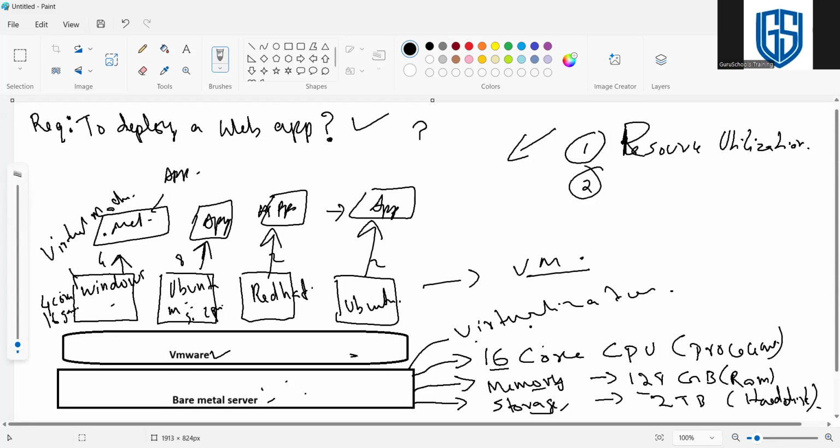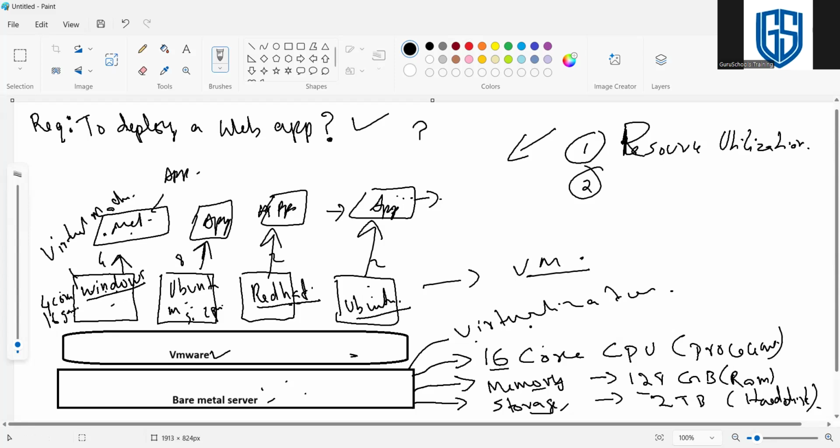So I will tell you. For example, coming to any application, see here on top of this operating system, we're running an application, right? I'm taking this example. To run an application, below you can see we are running an entire operating system, Ubuntu. Here as well, the same, running an entire operating system. Coming here, to run a .NET application, we need to run an entire operating system, that is Windows.